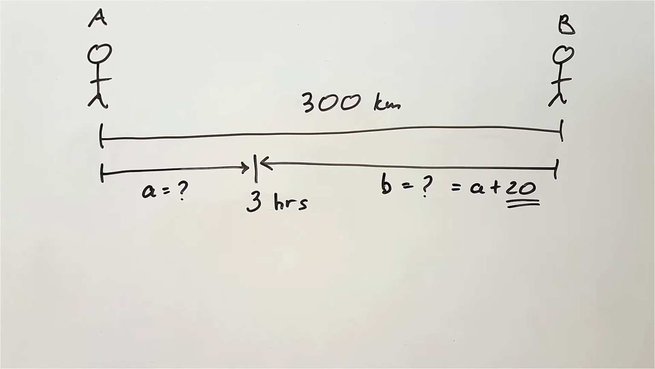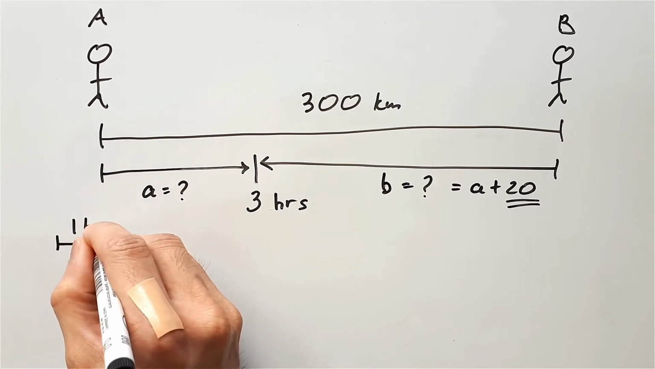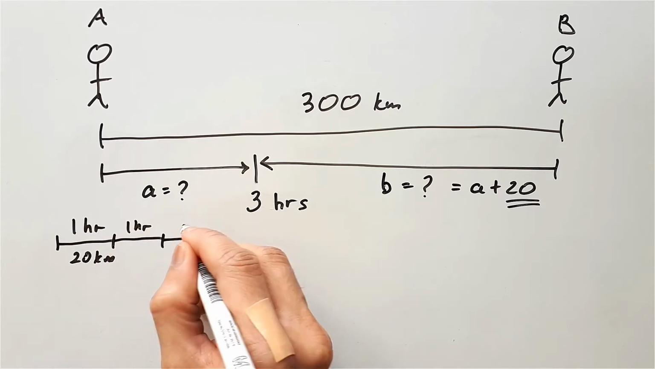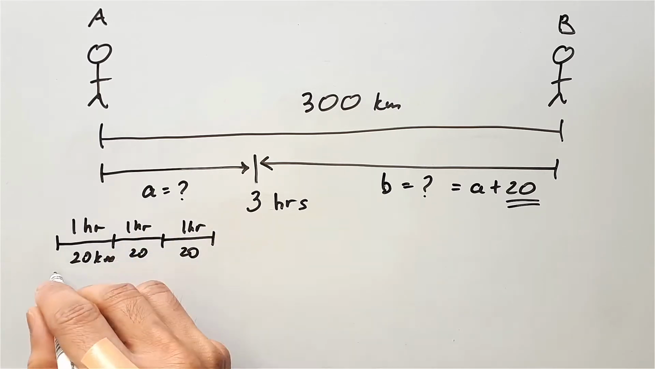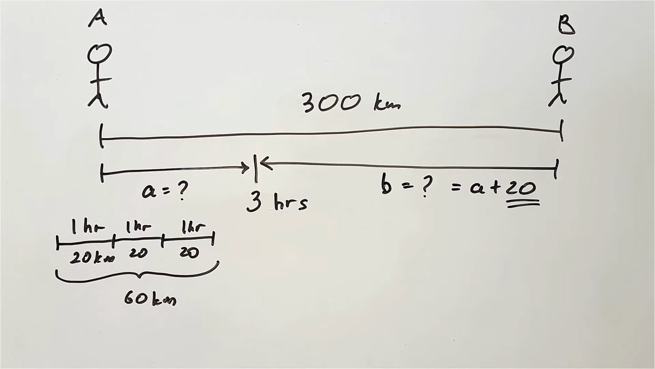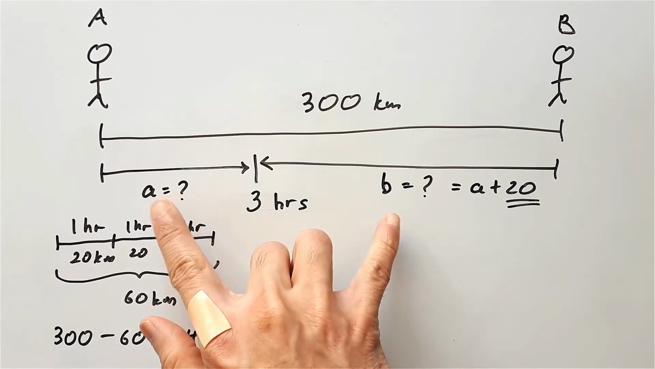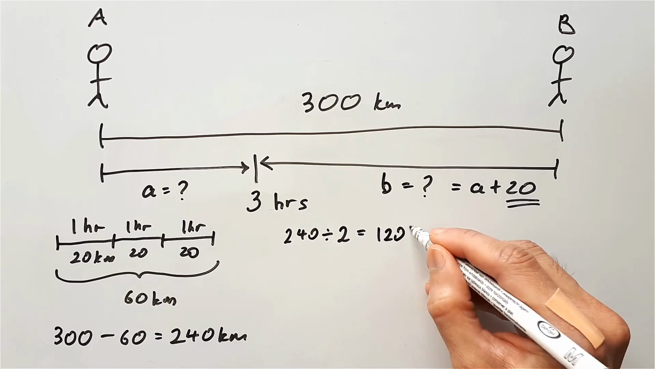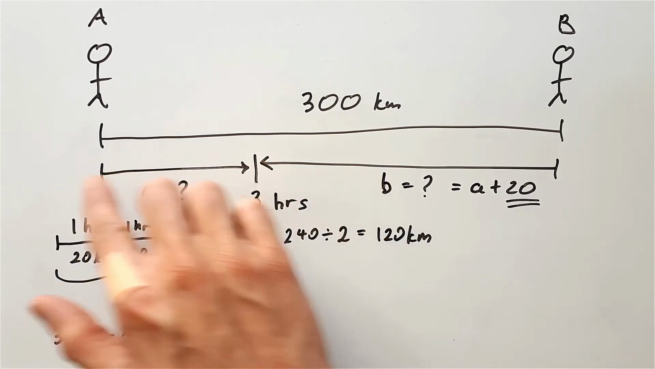So let's begin. Since we know that Bob will cover 20 extra kilometers every hour, and they travel for 3 hours each, that means after 3 hours, Bob would have covered 60 kilometers extra compared to Andy. 300 kilometers are meant to be covered together by Andy and Bob. At the same time, Bob has covered 60 kilometers on his own. So if you take 300 minus 60, that leaves us with 240 kilometers, which is covered equally by both Andy and Bob. So 240 divided by 2 is 120 kilometers,